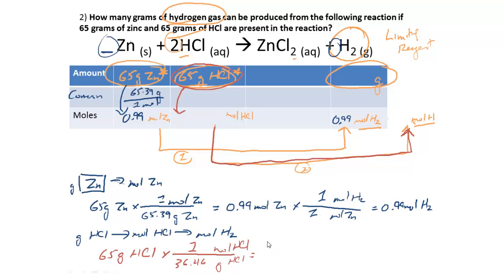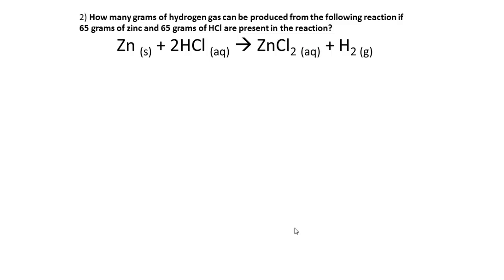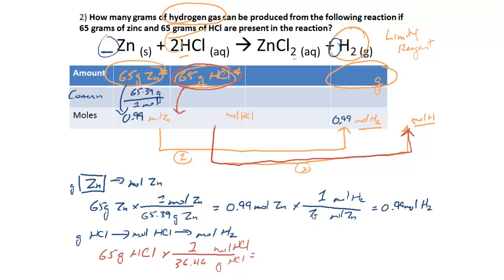That's going to give me 65 divided by that. Oh no, what happened? Alright, sorry about that. A little confusion there. That gives me 1.78 moles of HCl. Boom, right here. Technically 1.8 with sig figs, but I know this is just an intermediary step, so I know I have 1.78